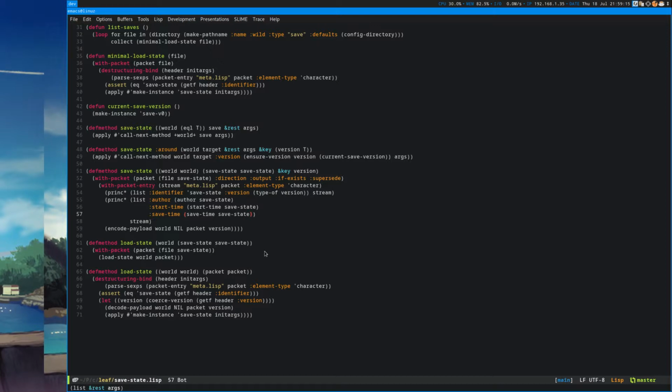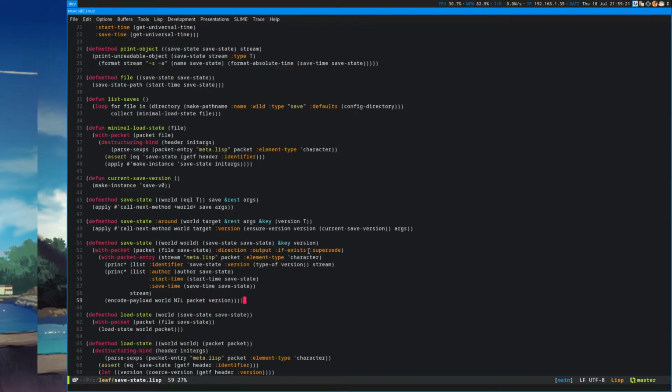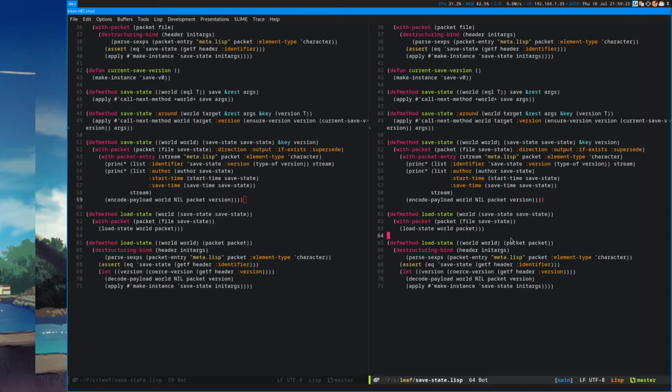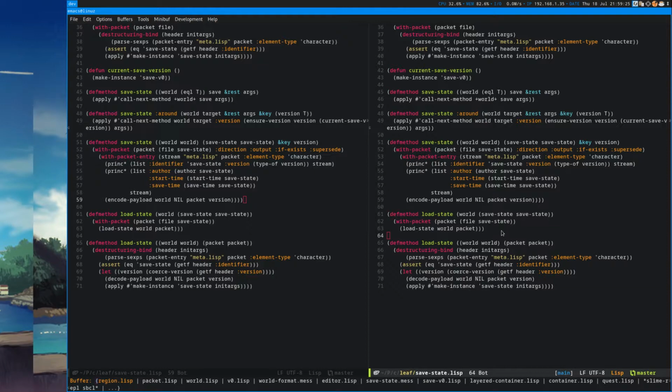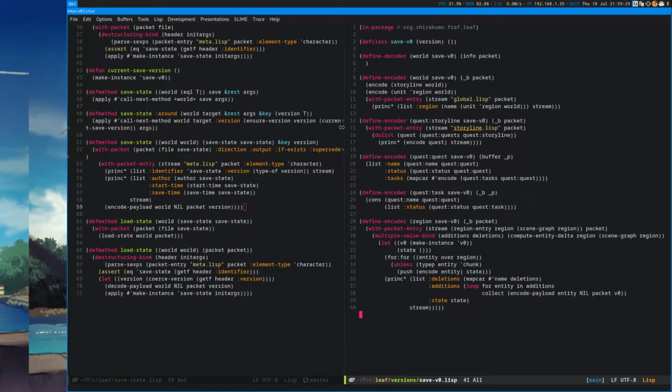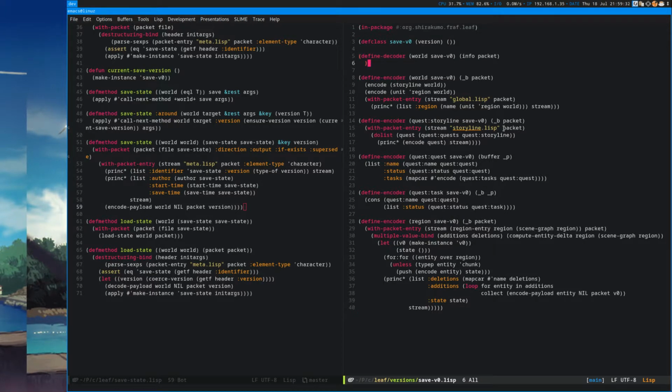Okay, yep, load state, that's fine. Alright, so aside from the decoders, now everything should be hooked up, I believe. Which is great. So...